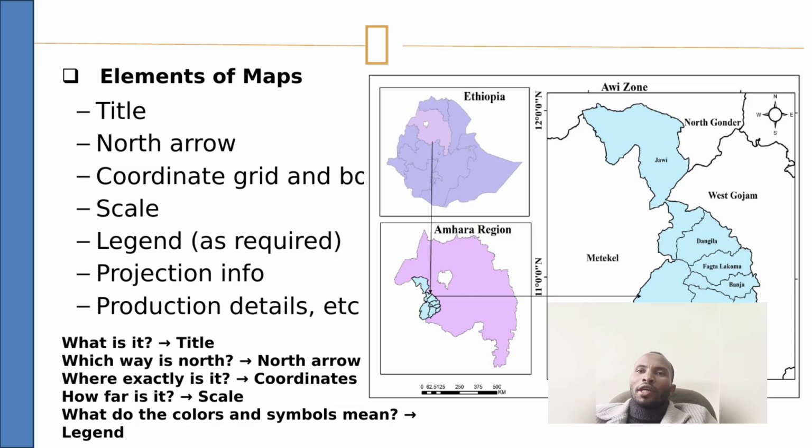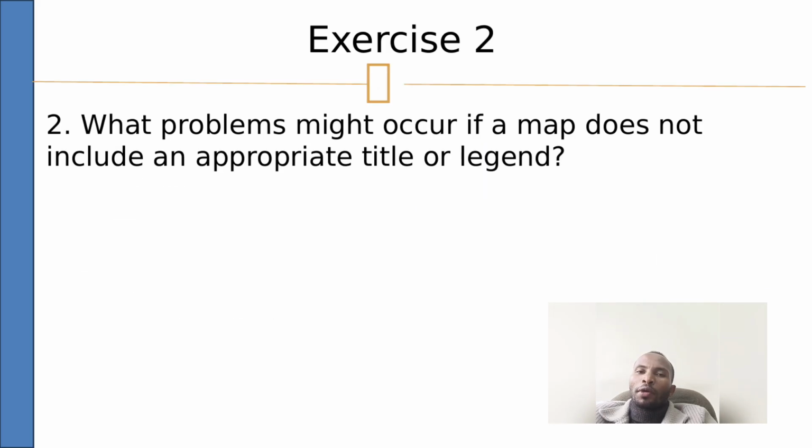The other topic here is elements of maps. As you know, when we are going to prepare different types of maps, we should incorporate these elements. The first one is the title, north arrow, coordinates, grid and border, scale, legend, projection info, production details, outer neat line, and so on. All these elements should be incorporated in the final layout of the maps,